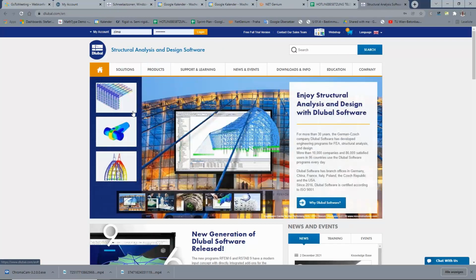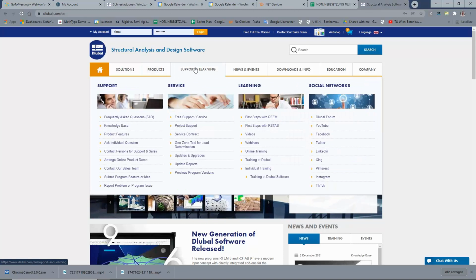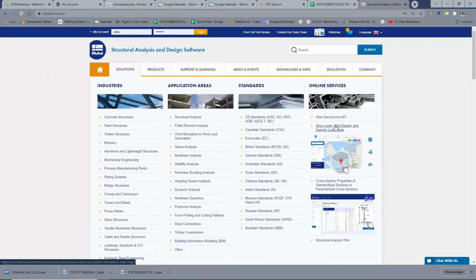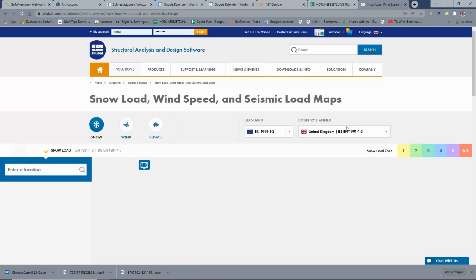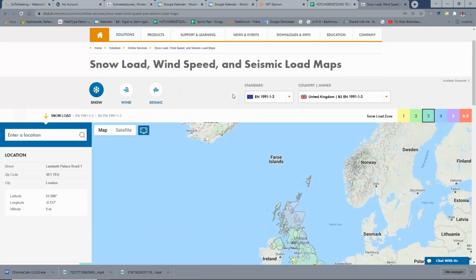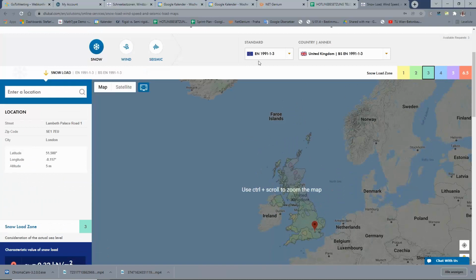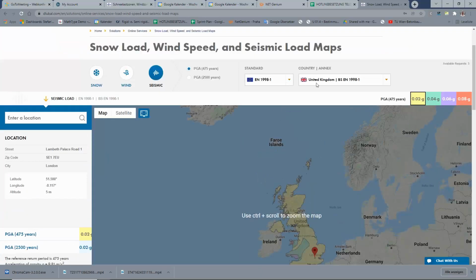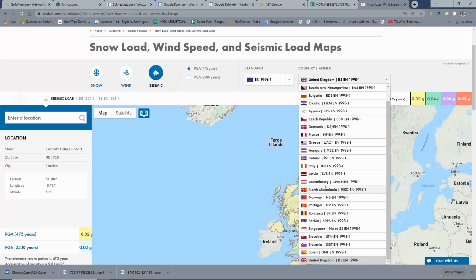Here you see on the solutions, sorry, the snow load and wind speed seismic load maps. And for these, of course, you can choose here seismic and take the values, for example, maybe from Germany,